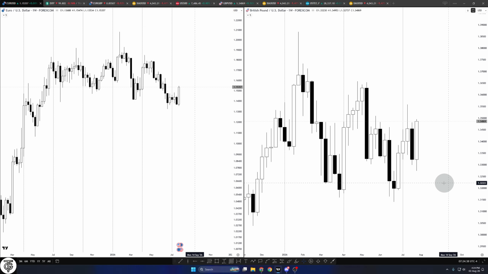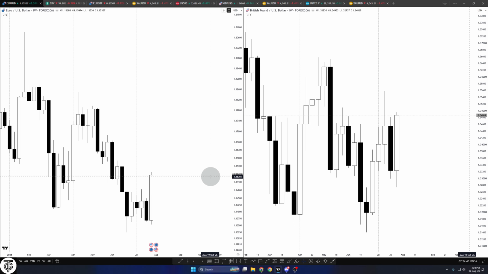Then on euro dollar and pound dollar, as you can see, prior to week opening, we are opening at this point, price taking previous week low, which is a major liquidity. Any previous day low or high, previous week highs and lows, and previous month highs and lows are our major liquidities. To previous week low liquidity, so previous week or this swing high is going to be our draw. Same is the case on pound dollar.